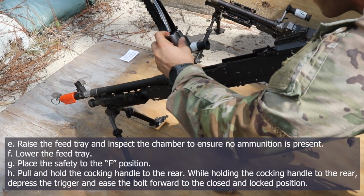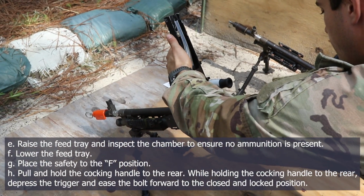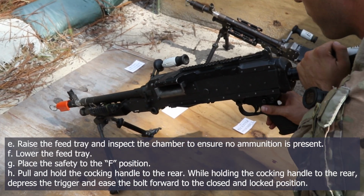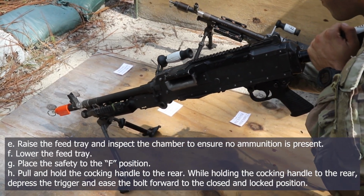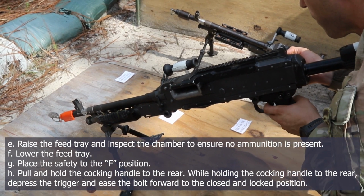Raise the feed tray and inspect the chamber to ensure no ammunition is present. Lower the feed tray. Place the safety to the F position. Pull and hold the cocking handle to the rear. While holding the cocking handle to the rear, press the trigger and ease the bolt forward to the closed and